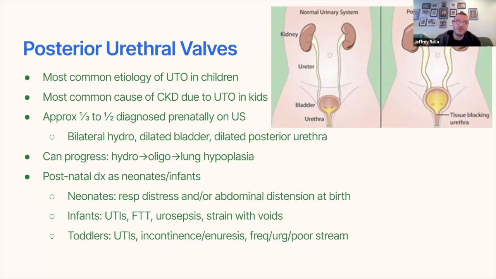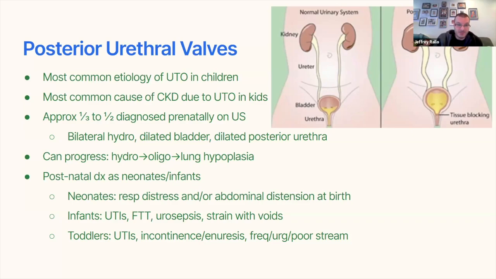If it's incredibly severe, they do have fetal surgeries for it, but for the most part, it's something they will watch on prenatal ultrasounds and correct as soon as they're born. But if it's not a full obstruction, then you won't have all those findings on the prenatal ultrasound. You won't necessarily have a complete lack of urine when you're born. So some of these partial cases can have delayed diagnosis.